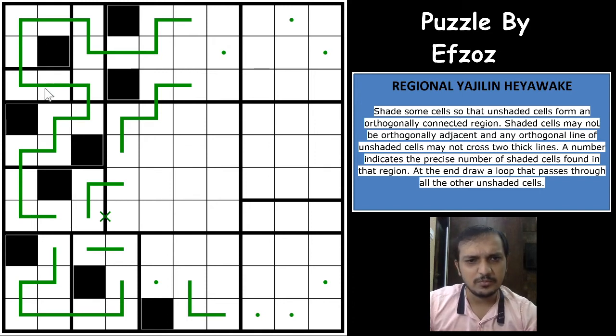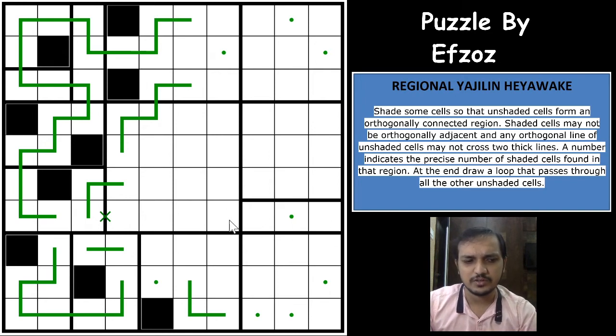As usual, the same starting logic of the puzzle. This cell wouldn't be a shaded cell, because then you'll have these three as unshaded, right? To form the loop. Okay, superb. So this also cannot be a shaded cell. That's an excellent logic here, and I think this logic is applied when you have a single width of straight line of white cells, right?